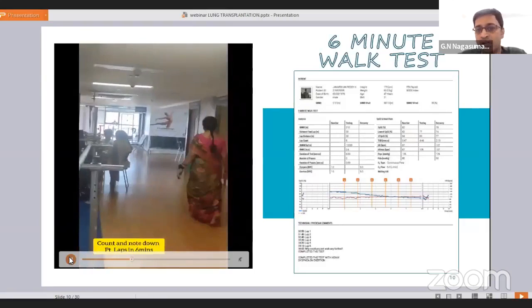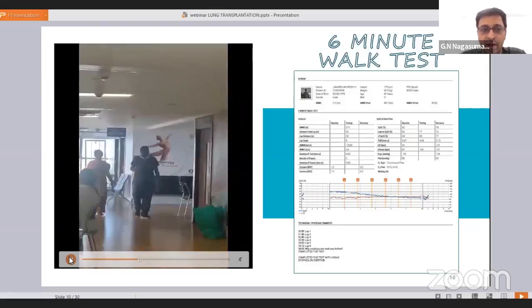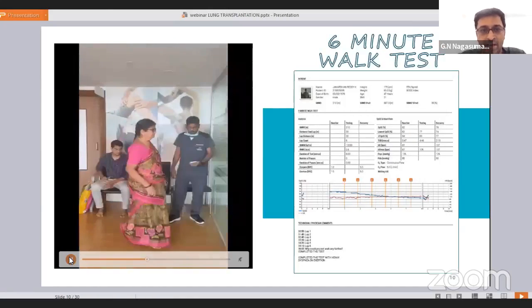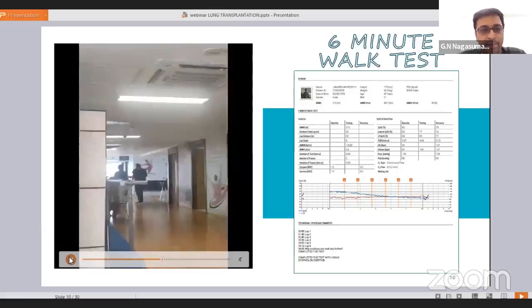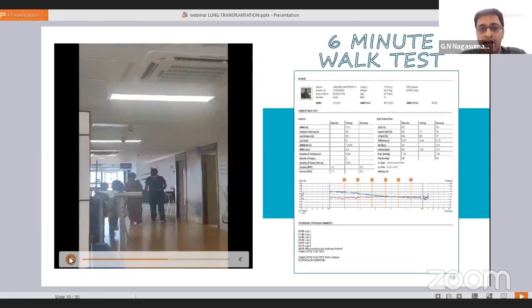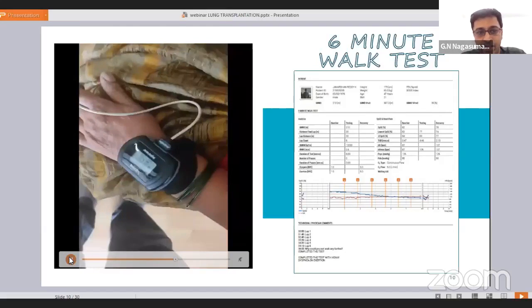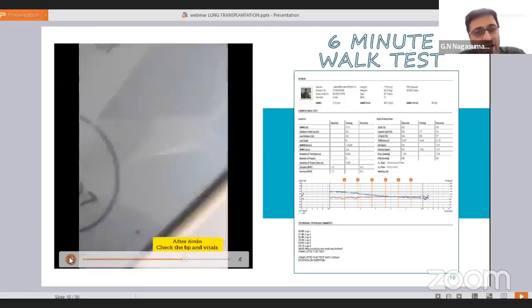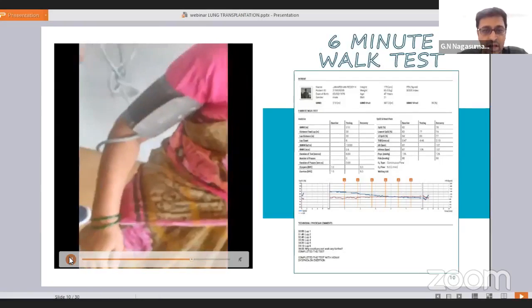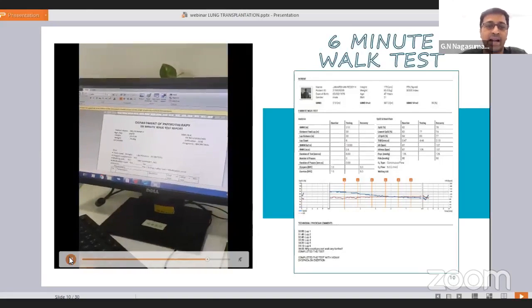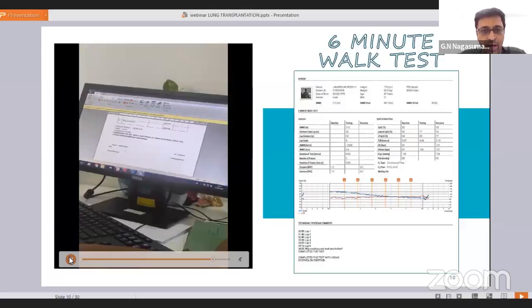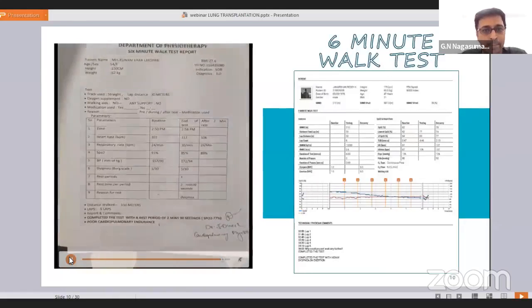We'll make the patient move for 6 minutes, and each lap is 30 meters. If the patient is feeling dyspneic in between, he can take a rest. And if he wants to continue the test after some time, he can get up and walk around. So after completing this test,